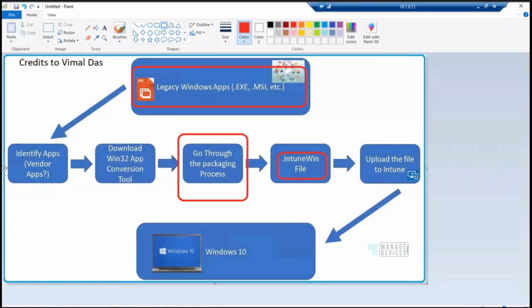Any questions over here? Anup, for this format also, do we need to have a lightweight agent along with this? Can you clarify what you mean by lightweight agent? Normally only MSI works with line of business applications. For any kind of Win32 application, we need a separate agent, the service you were talking about. That's correct, we need that as well.